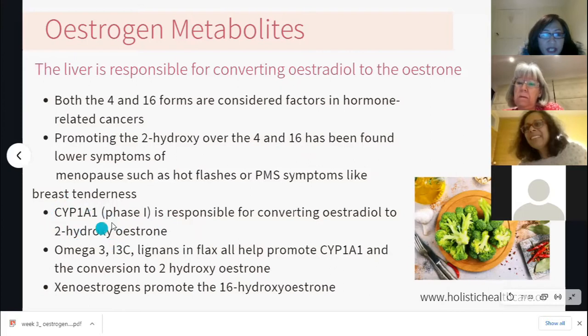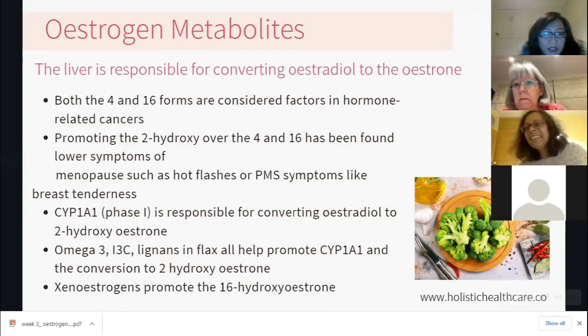So if you've got a genetic mutation with that gene, then that's not going to work very well. Or if you are taking certain medication that inhibits that enzyme, a lot of the drugs and even herbs can actually either speed up certain enzyme pathways or block certain enzyme pathways. So that's one of the most important drug-herb, drug-nutrient type interactions that we need to keep an eye out for, because these enzymes, there's hundreds of them, and they're all responsible for metabolizing different nutrients, different drugs, and things like that. So they're very specific to what they do.